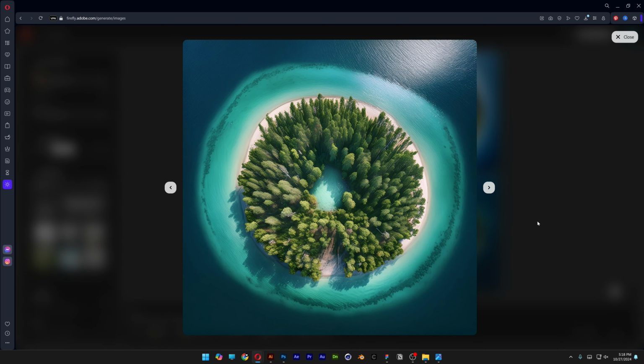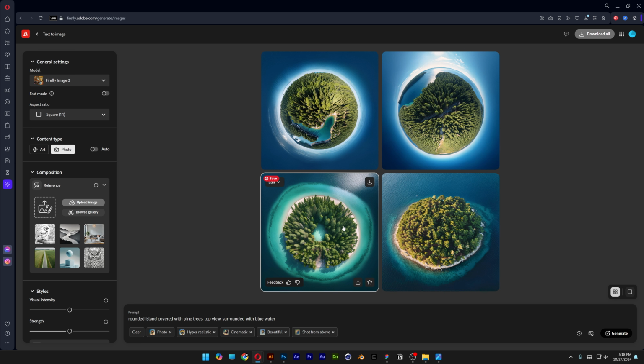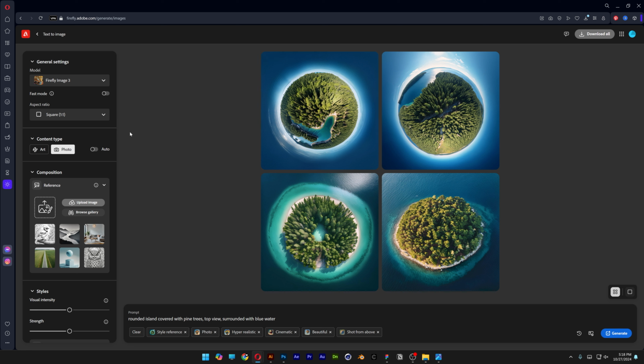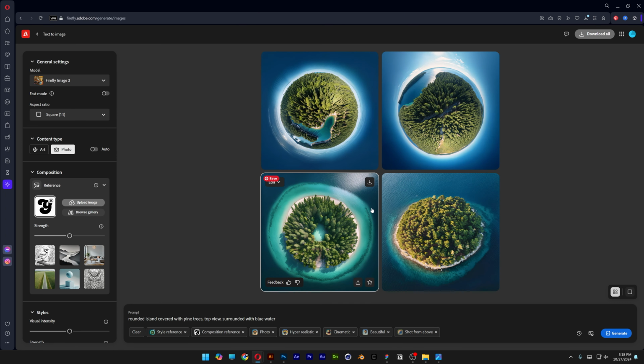And also this one is pretty good, but the rest of them are like these fisheye lenses. So anyways, I'm going to use this one as a reference. So I'm going to go to edit, use as style reference. And I'm gonna go to the composition reference and upload image. I'm gonna select the letter Y, click on open, continue, and I'm gonna increase the strength to 100%, scroll down,